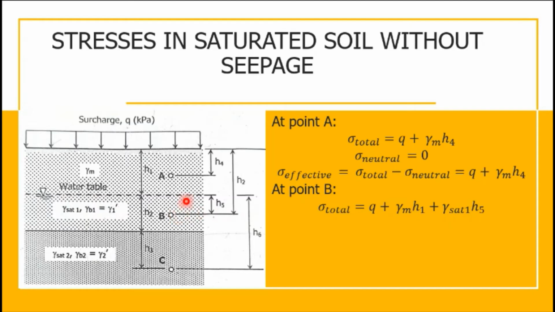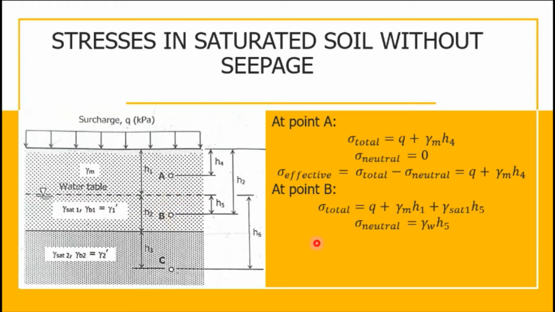And then the height from this groundwater down to the point B is equal to H sub 5. And then, if we are to get the neutral stress, again, the neutral stress starts only at the groundwater table. So, if we get the neutral stress due to the groundwater table at point B,